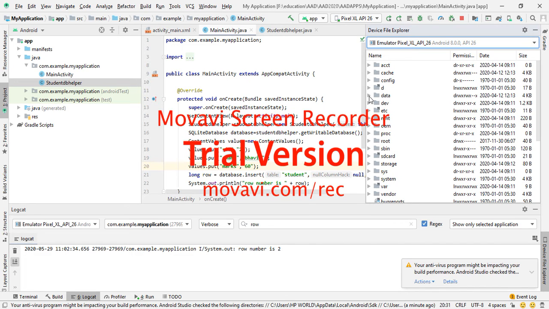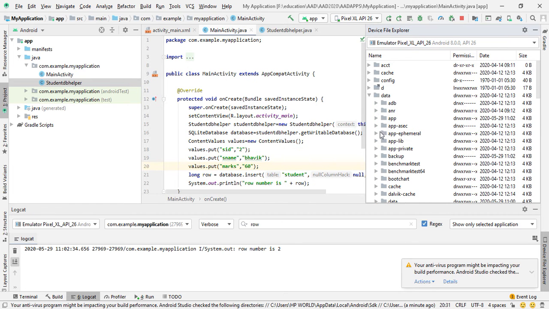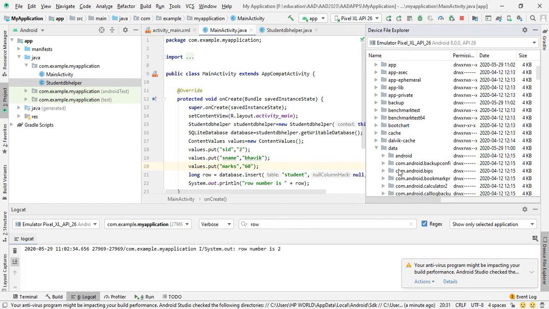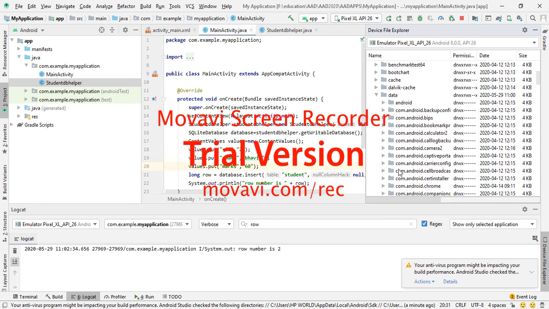In this emulator, our database is stored in the data folder, inside the data folder, again data. So data slash data, our application is com.example.myapplication.